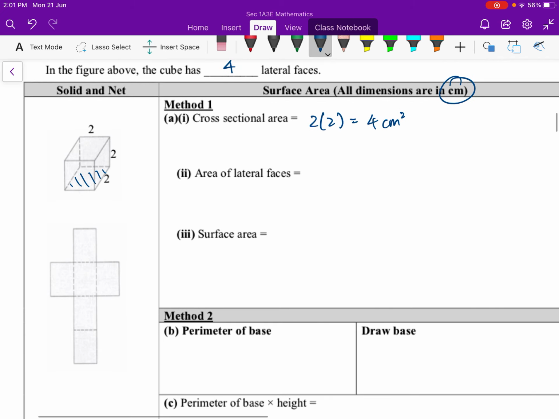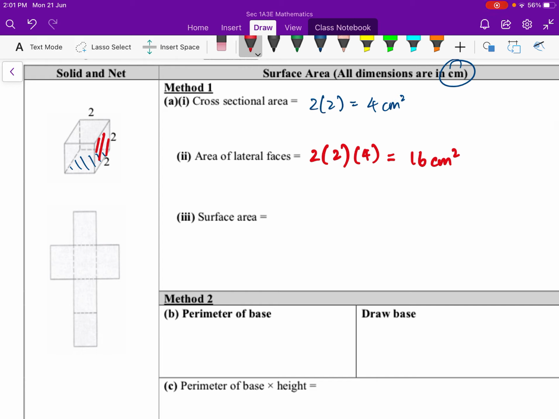Now the area of the lateral face, I give you one example. For example, the one on the right has an area of 2 times 2, that is 1 of it, and there are 4 of them. So we get a total of 16 square centimeters. Now we have covered one cross-sectional area, which is at the bottom. We have covered 4 lateral faces, and then the total surface area will be,